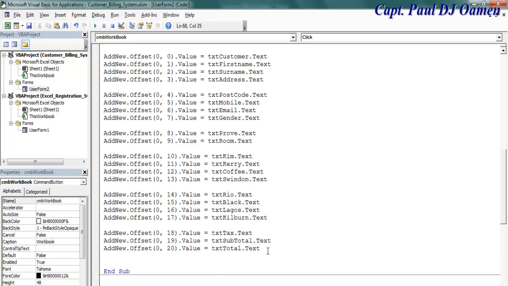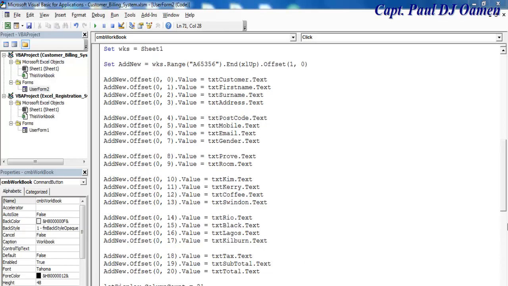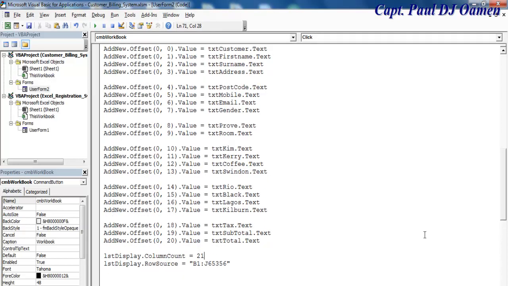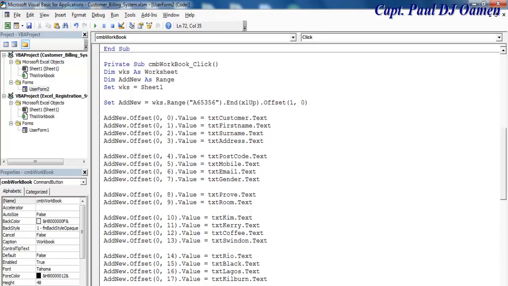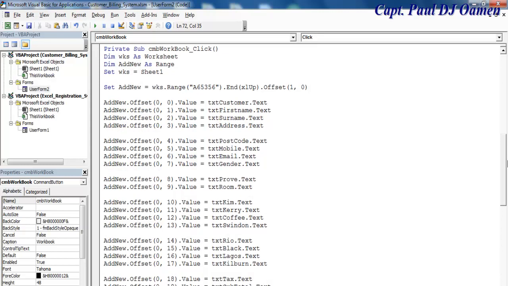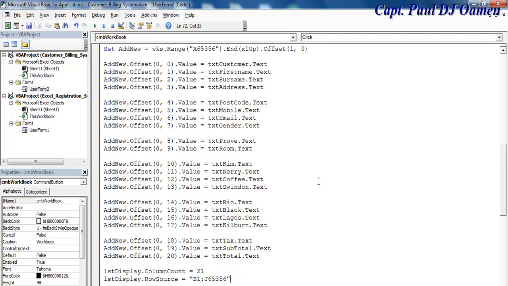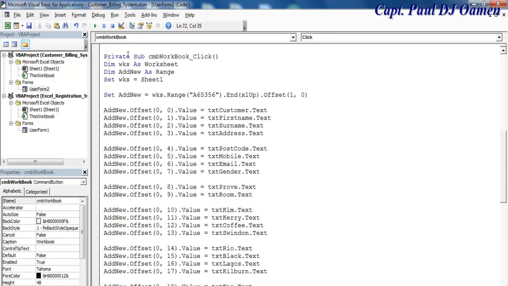Okay guys, I'll finish up with the coding for that, and I've also included that of the tax, subtotal, and total. There's one more thing, and that is to do with that of the list box. I've also added that of the list box because I want all of the information to be displayed on the list box, so have a good look at it. But if I run the program now, this is what you guys will see, but there won't be any